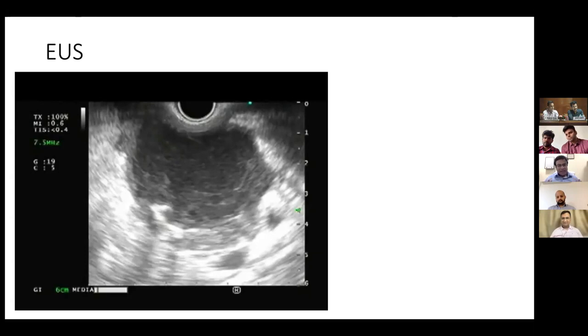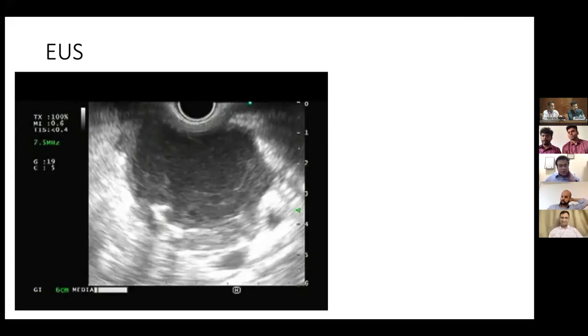What they have suggested is that self-expanding metal stents, possibly the lumen opposing metal stent, are possibly superior to plastic stents for endoscopic transmural drainage of necrosis. Again, the level of evidence is weak here, but this is the recommendation by the AGA review in Gastroenterology. So as far as your question is concerned, what we do in our center is that